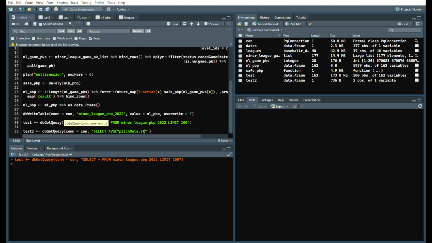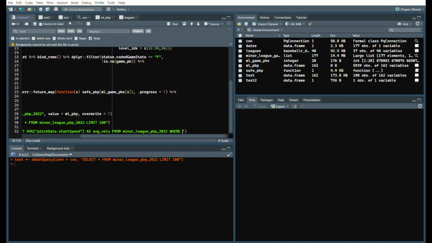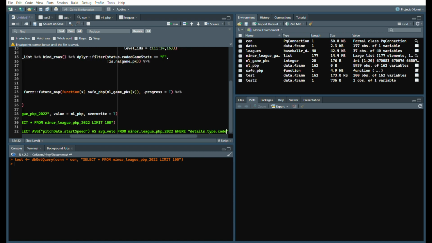So in this case it's pitchData.startSpeed, and so we're selecting that average, and we'll say as average velo from our database that we created, so minor league PBP 2022, where, again, double quotes, and we'll say details.type.code